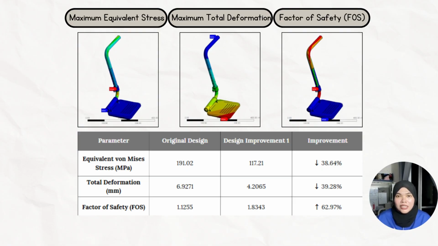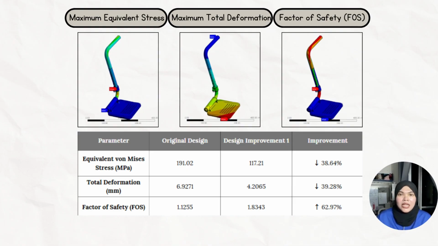After increasing the thickness of the main upper tube by 1 mm, the maximum stress decreased to 170.21 MPa, representing a 38.64% reduction. Similarly, the maximum total deformation decreased from 6.9271 mm to 4.0265 mm, which is a